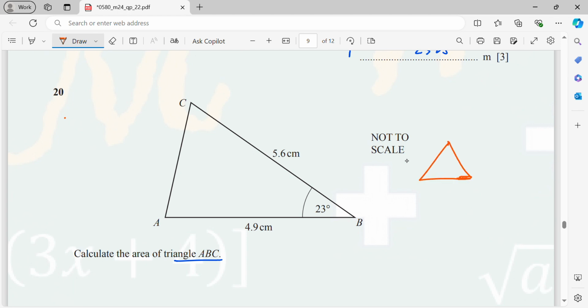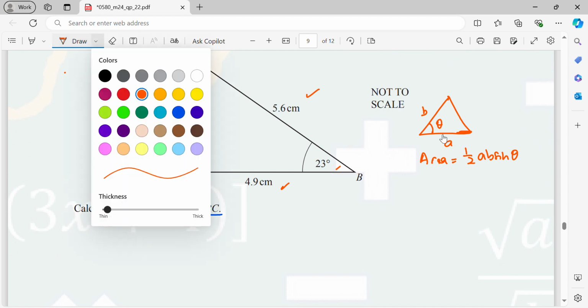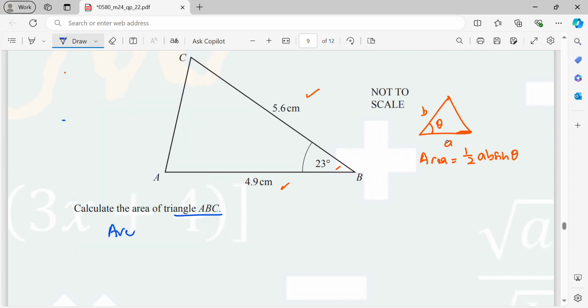As long as you are given two sides and the angle bounded by them, the area is basically half AB sine theta. Obviously from the diagram you are given two sides and the bounded angle, so you can directly apply this formula. So therefore area equals